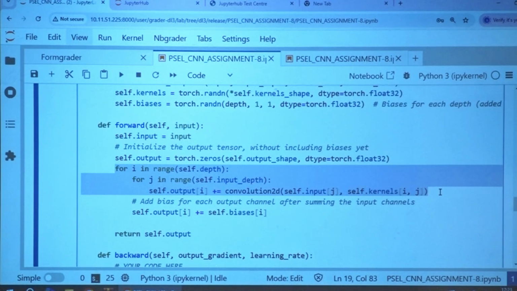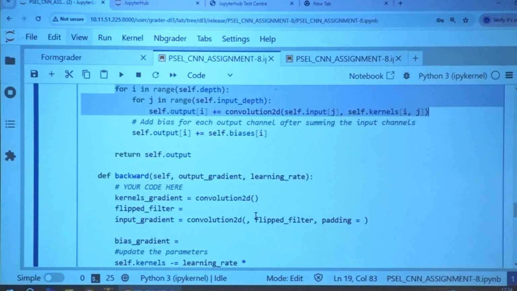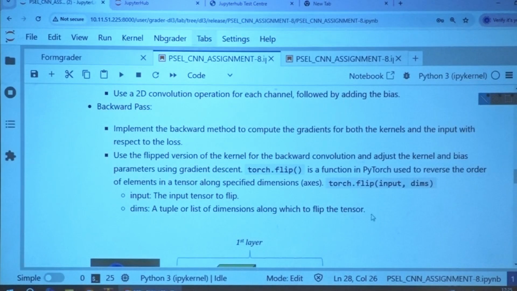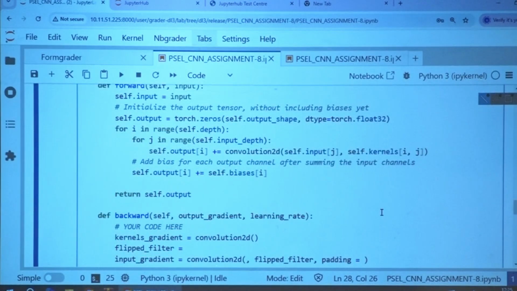For each of the output channels, loop over the number of input channels. Thus you will get the input gradient and kernel gradients. Oh, thank you, Sadhika Prasanna. Can you raise up the hand? Are you able to catch the logic? Thank you. If anybody is stuck anywhere, I can guide them. But you have to come forward and ask me where you are stuck.